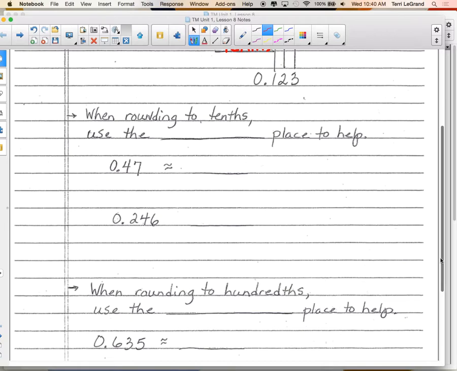So when we're going to round to the tenths place, when I say to you, or your directions in your homework say round to the tenths place, we're going to use only the hundredths place to help us. We could care less about if there's some thousandths or 10,000ths or 100,000ths. We could care less beyond the hundredths place when we're going to round to tenths. It's like we're going to totally ignore the rest. Okay? So if we're going to round,